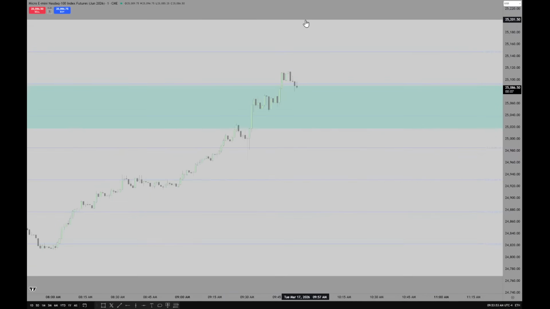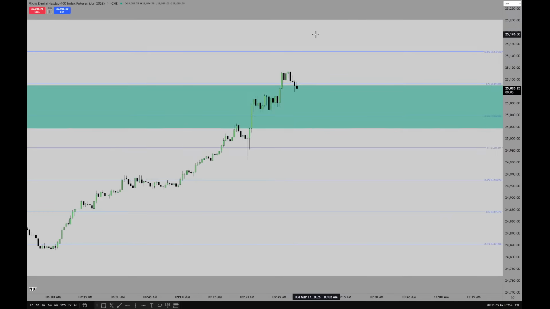Now, think about this. What am I describing? Now, the idiots that watch me, they see this. See, you're calling both sides of the marketplace. I'm referring to the fact that it could do this, but I'm interested in this. And we have news at 10 o'clock. So it's not high probability. If I can frame both sides, it's not high probability.